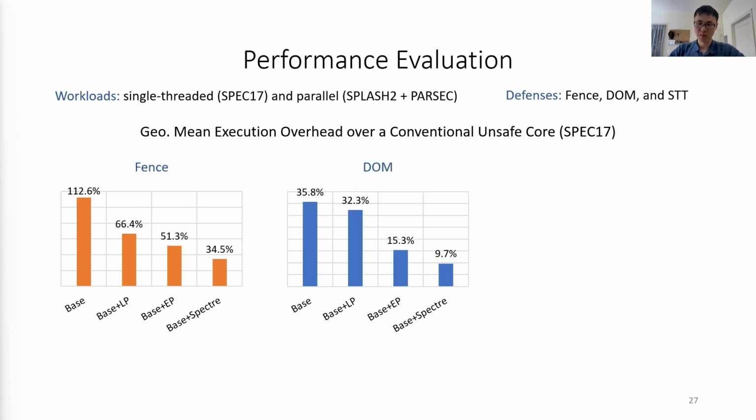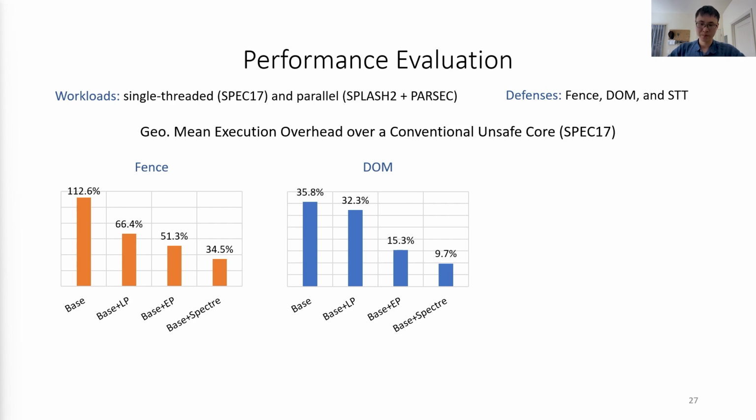The next scheme, DOM, has moderate overhead. DOM delays speculative loads that miss in L1 until VP. It has high overhead on applications with high L1 miss rates, in which case late pinning cannot effectively handle and offers little speedup. But with early pinning, which can overlap independent loads, the overhead is reduced to around 15%, close